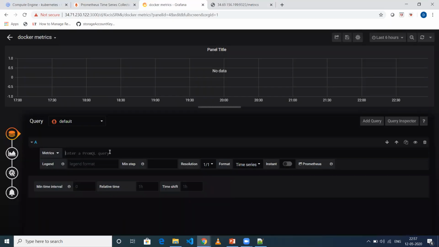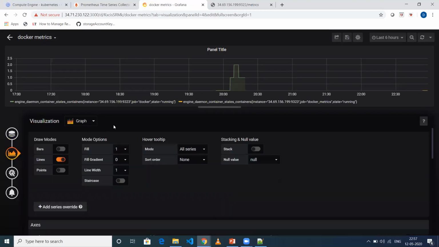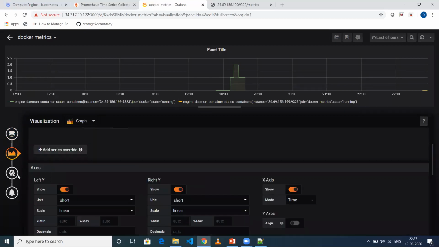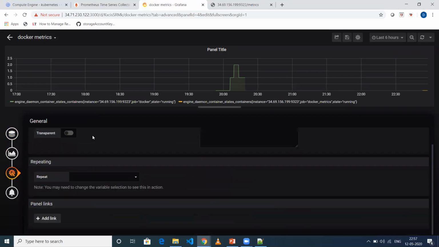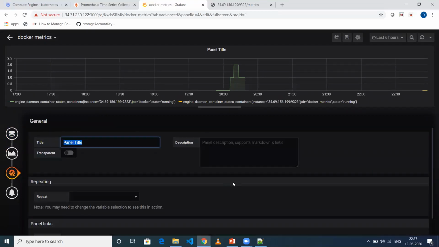Again, you can go to Grafana, give this query, and choose the visualization. I'll just keep it as graph itself, then click on the panel title and give it the name running containers.